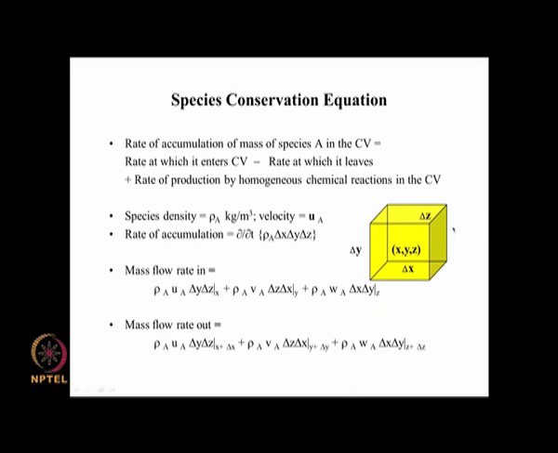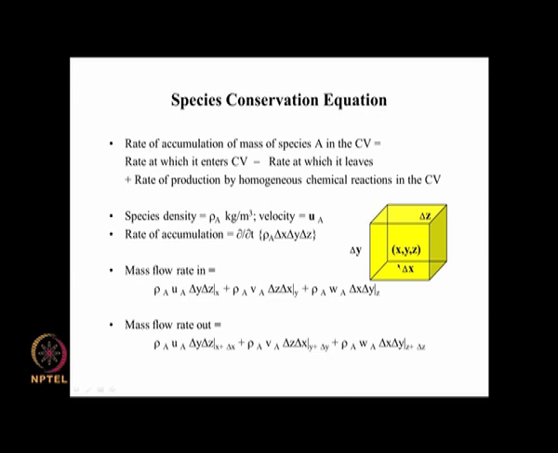We take our magical cubical box having delta x in the x direction, a height of delta y in the y direction and a depth of delta z in the z direction, with an origin located right there, which is x y z. So, this point is x plus delta x y z, and this point is x plus delta x y plus delta y z, and this point here is x plus delta x y plus delta y z plus delta z. So, that way we can identify all the 8 vertices of this box and we can work with that.